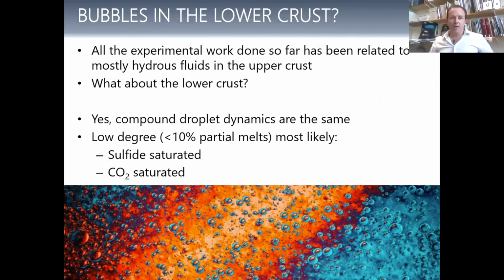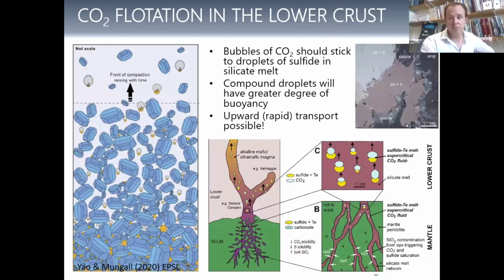So our lower degree partial melts are most likely to be sulfide saturated at source because they don't melt all of the sulfide in the source. And they can be CO2 saturated as well, because the low degree partial melts have those higher degrees of the volatiles. Now, what we're suggesting here is that we've got sulfide and CO2 supersaturation at source, and this sort of situation can happen to move those sulfides up in these alkaline systems, at least. It might be expanded outwards, but certainly in the alkaline systems,